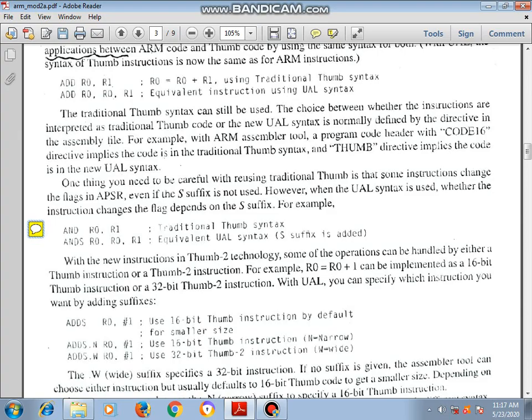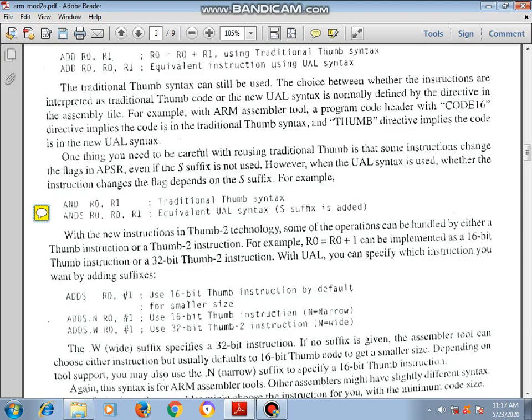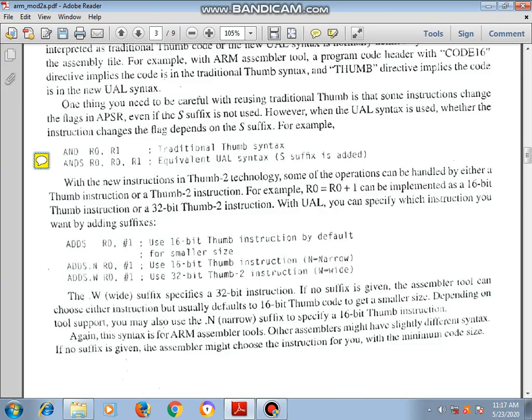Here we can see AND R0, R1 as the traditional Thumb instruction, which may change APSR status, but ANDS R0, R0, R1 is the equivalent UAL syntax. So if you use this suffix S, then only it will change APSR. If you don't use S, it will not do that.